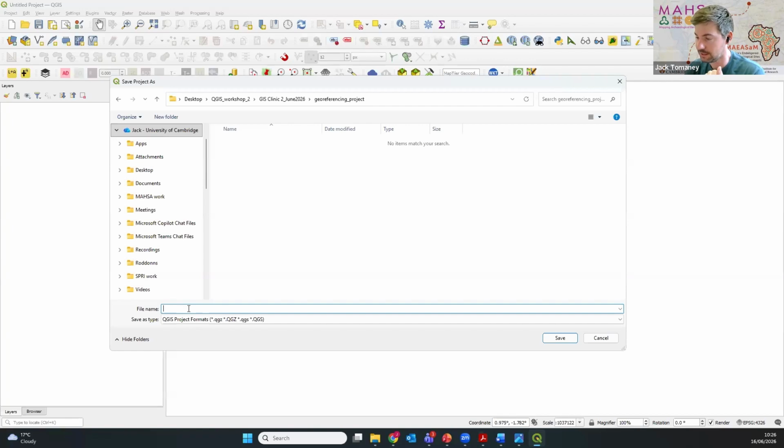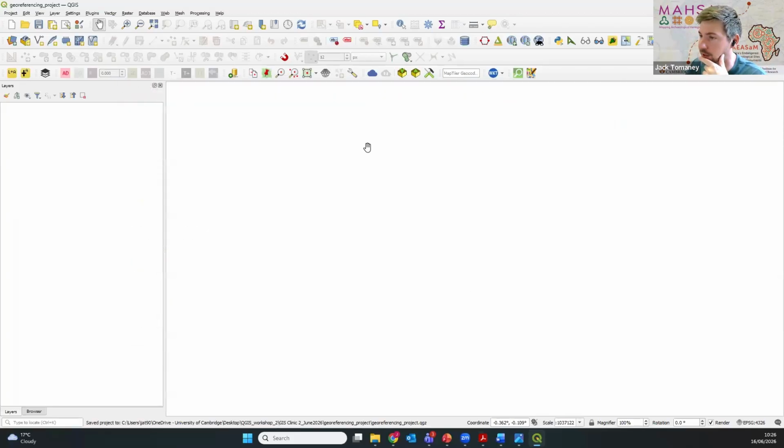It's often good to keep things together for a project and organized, because as I've said before, when you work with GIS, you tend to create quite a lot of files, so it's good to keep them organized. I'll give my project a name that I can remember well, so I would give it Georeferencing project and save. So I have now saved this blank project as my georeferencing